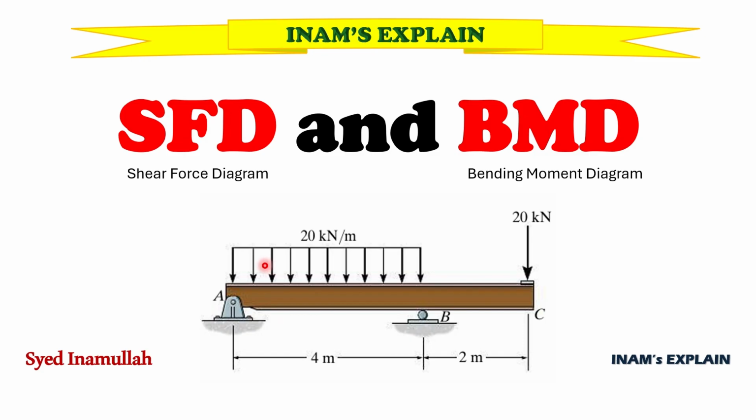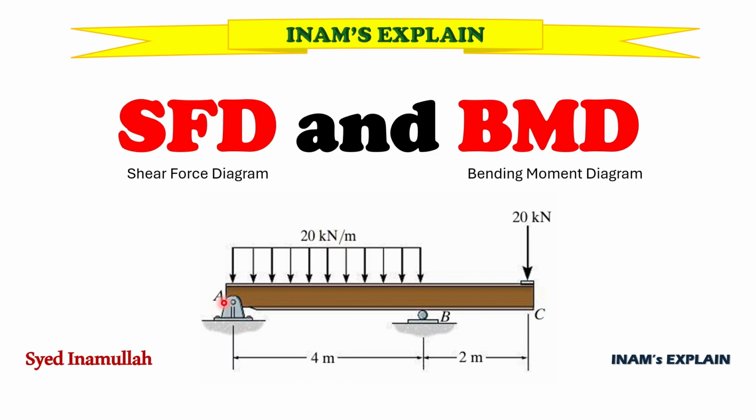step by step. This example also features a point where the shear force is 0 and the bending moment will be maximum, and we will use a similar triangle technique to locate it accurately. By the end of this video, you will have a clear understanding of how to approach similar problems with confidence. Let's get started. So in this example, we have a uniformly distributed load of intensity 20 kN per meter up